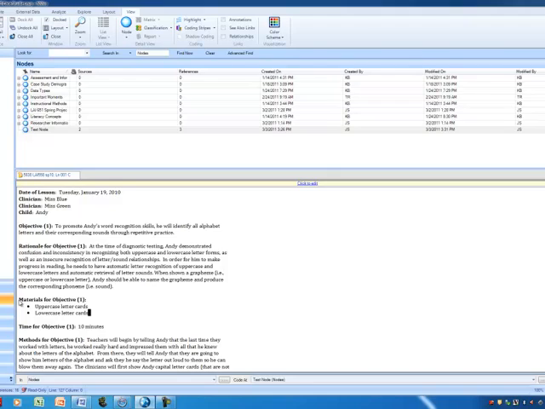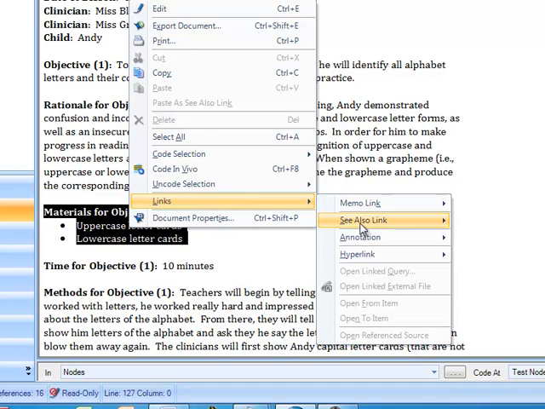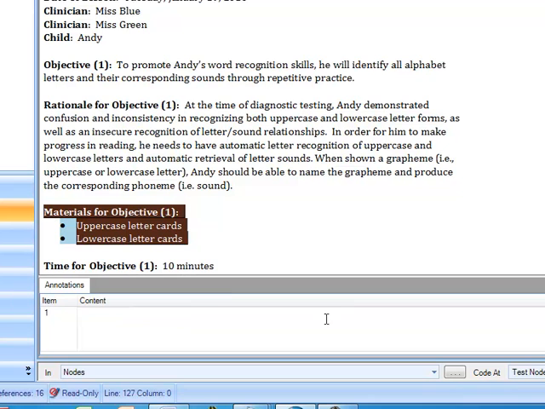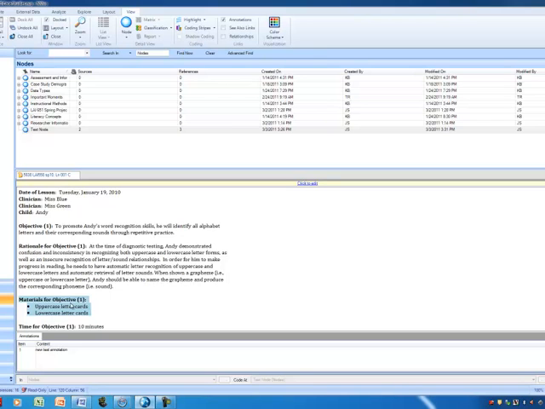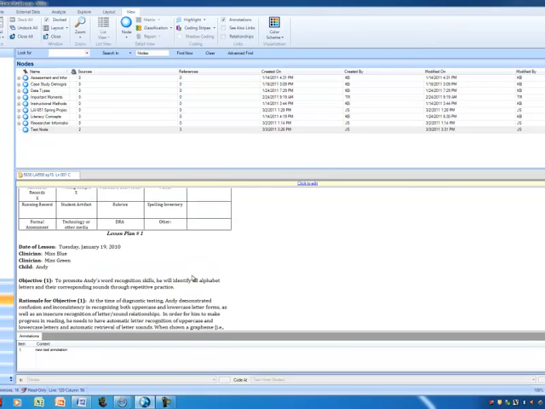So anyways, annotations. I'm going to highlight, right click, go to links, go to annotation, and new annotation. You'll notice that a new bar down here has popped up. I'm going to call this new test annotation. And what happens is that that section that you have an annotation highlighted and attached to turns another color so that you have a visual representation of where your annotations are. And then finally,